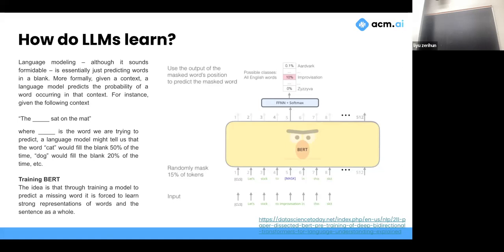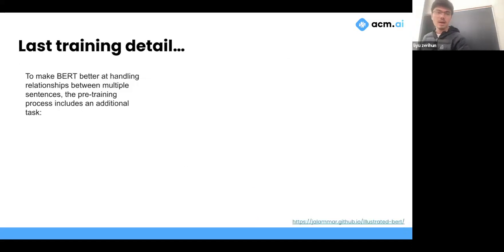That's exactly what transformers do. You have this blank. The only way for it to do the task of predicting that blank word is by actually absorbing the context into the encoding of this blank representation, right? And from that, any of these encodings is going to be a really rich representation that not just represents the word that was there, but also its context in relation to the other words. By training it through this task of, given these words, what's the most likely word to be in the blank, that's how BERT is trained.